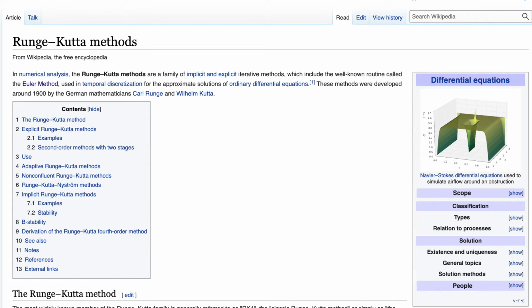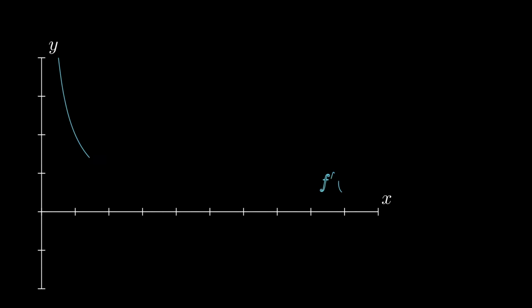Instead, second, third, and even fourth order approximations may be necessary. These collectively are called the Runge-Kutta methods, and I'll share a link in the description where you can learn more about them. To give you a taste, I'll show you an implementation of Heun's method, a relatively simple yet effective